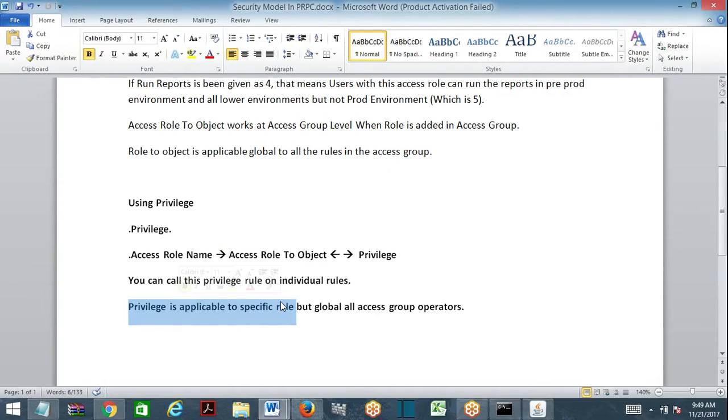But when you add an access group to an operator, only that access group's operators will be given those access privileges, the access levels of that particular access group only. No other access group it is applicable for. Okay, so it will be a little bit confusing.